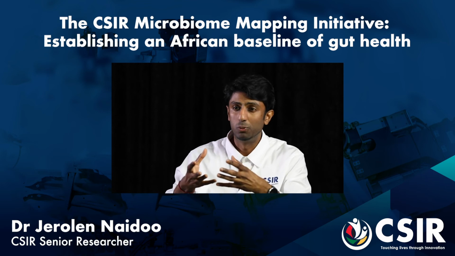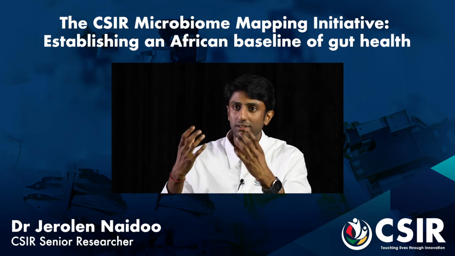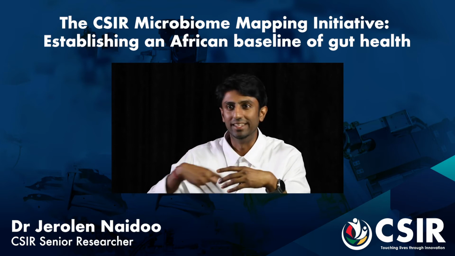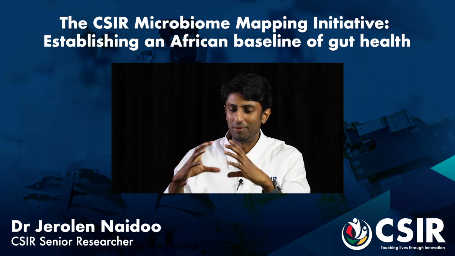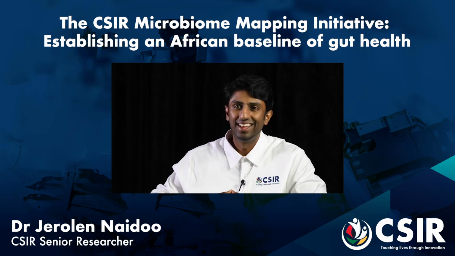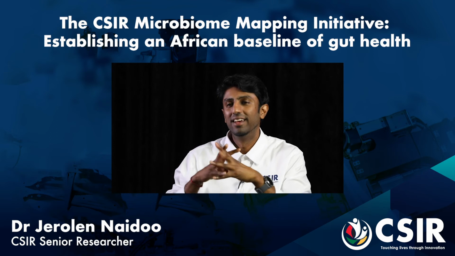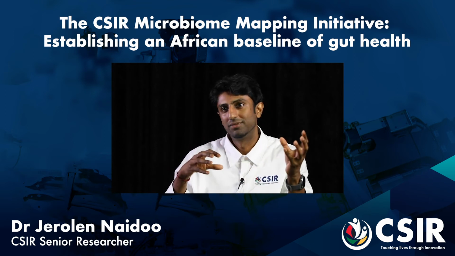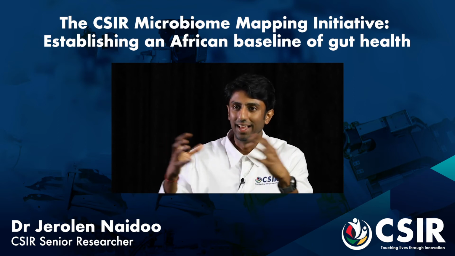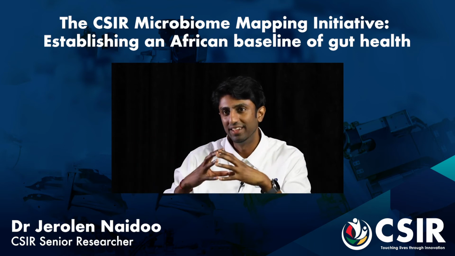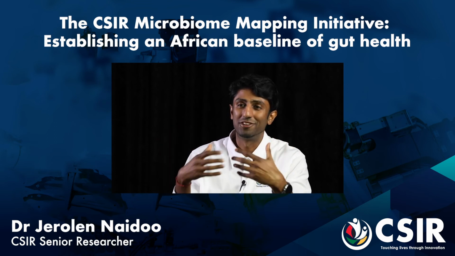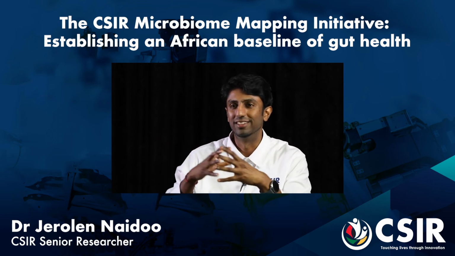People will then also be provided with a sample collection kit, and we're going to be collecting stool samples from individuals. These samples will then be processed. We'll extract the DNA. The DNA will be sequenced, and from the sequencing, we'll get an idea of all the different types of bacteria that are present in an individual's gut, and in what ratios. And then together with the climate modeling team at Smart Places, we'll get the climate data, and the idea is then to integrate all of this together to be able to start to understand, in the context of South Africa and South Africans, what's driving these changes in the microbiome.